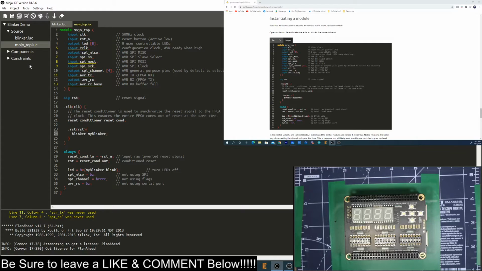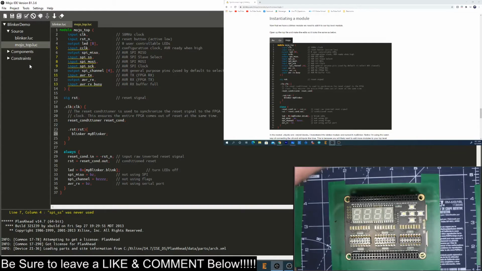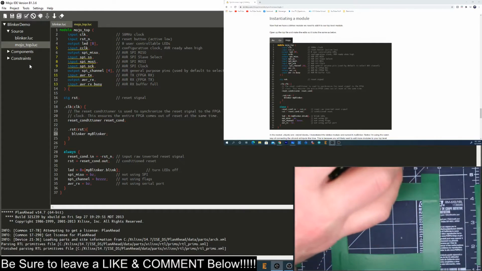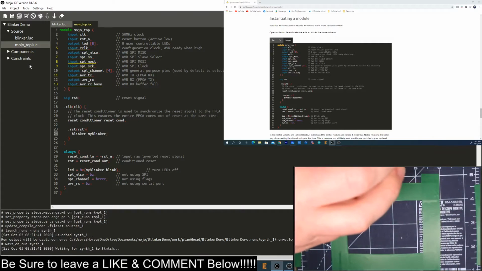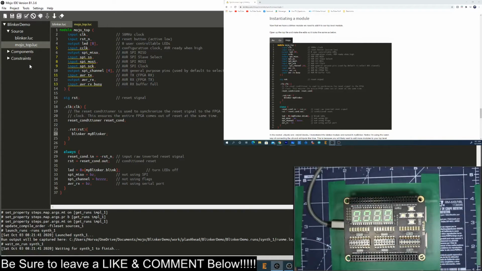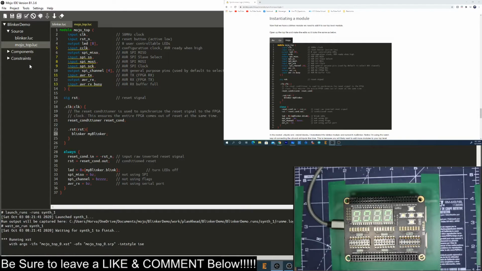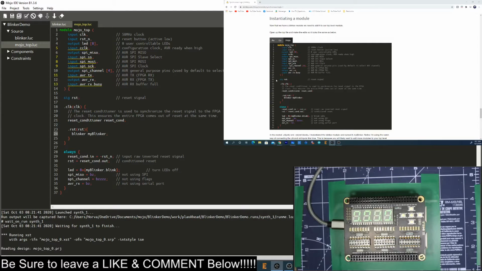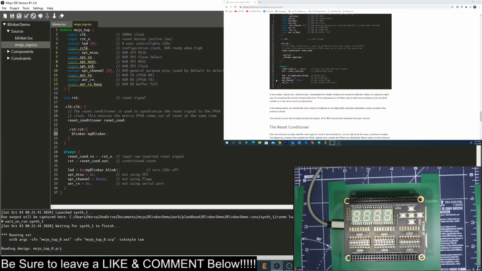So we're going to plug the Mojo in. You can see it light up there. And it is still... So why that does that,